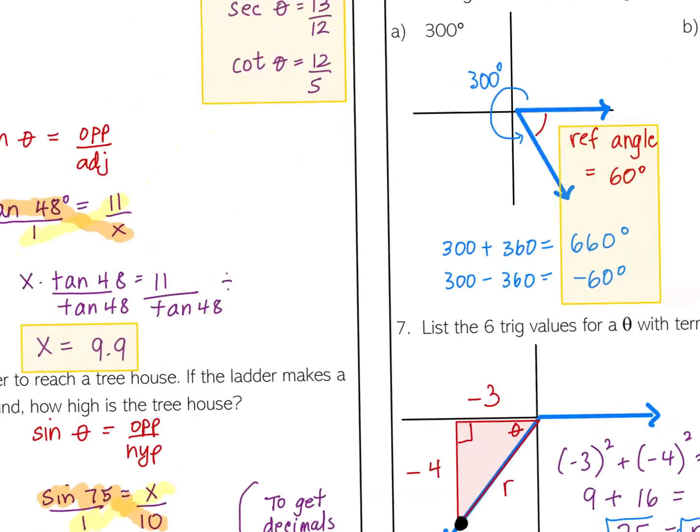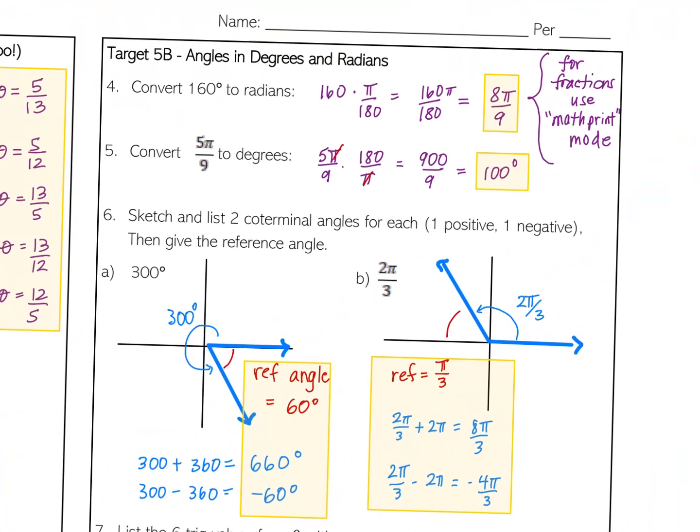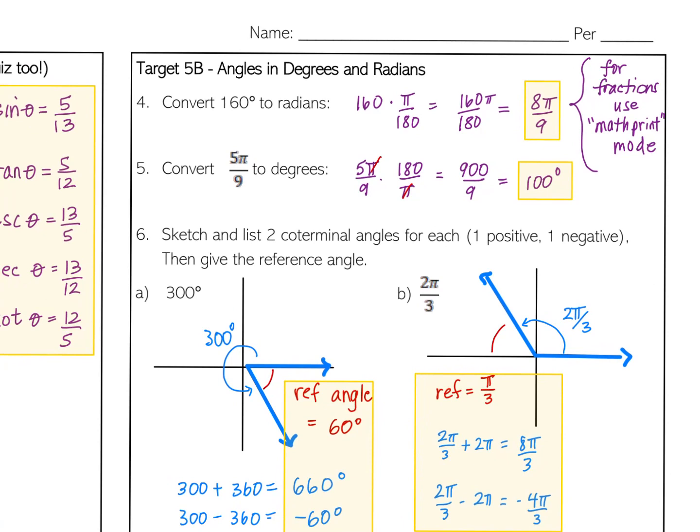All right, so on to target 5B. Here we are looking at changing angles from degrees to radians. So when you multiply by pi over 180, you're going to be changing from degrees, and your radians answers is going to have a pi in it. Again, if you're using the calculator and you want a fraction, then you want to put that back into math